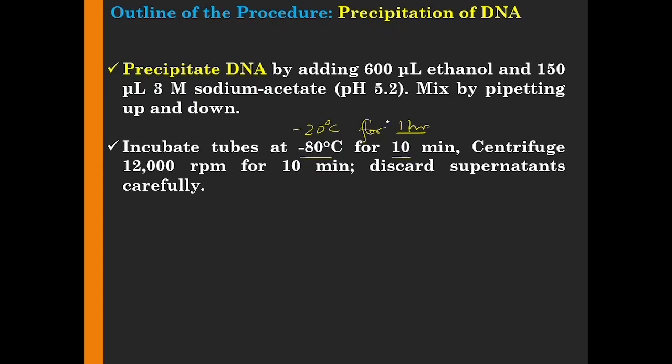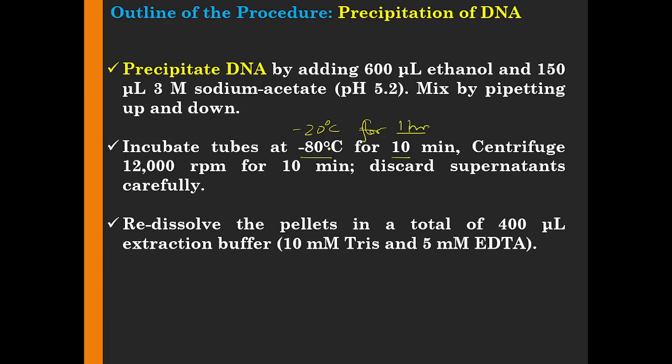The exact reason nobody knows, but the probable reason is that you are allowing the movement to be less. As I said, nobody knows exactly why the cold helps in precipitation, but it is an observation that if you do these steps in cold, by incubation in the refrigerator, it increases the yield of your DNA and the precipitation of DNA is more. So discard the supernatant at this stage. In the previous step, as I mentioned, you discard the pellet because your DNA is in the supernatant. This time your DNA is in the pellet, so discard the supernatant.